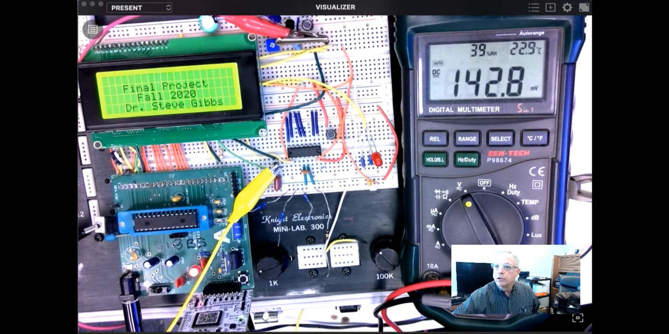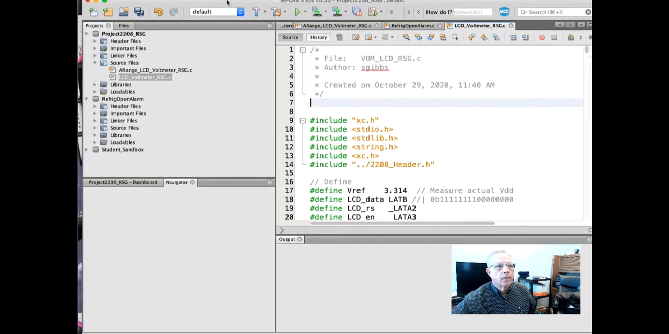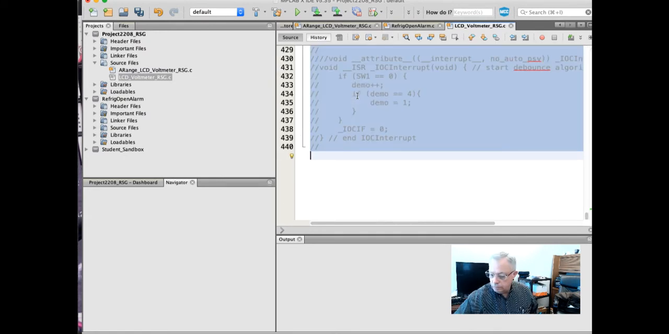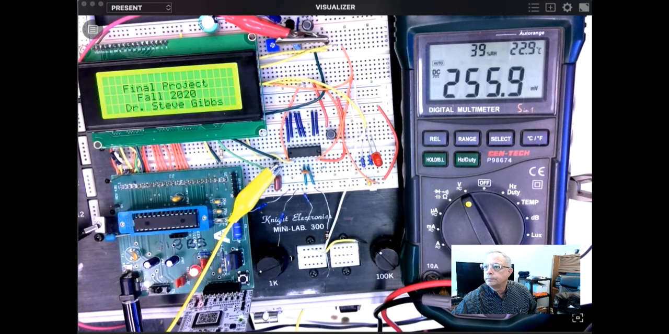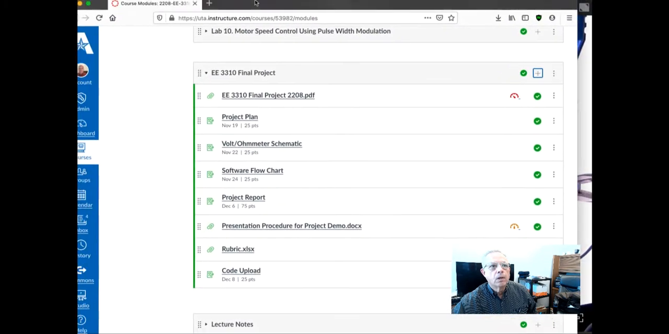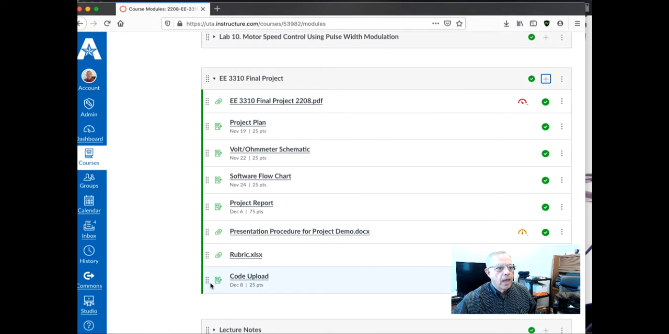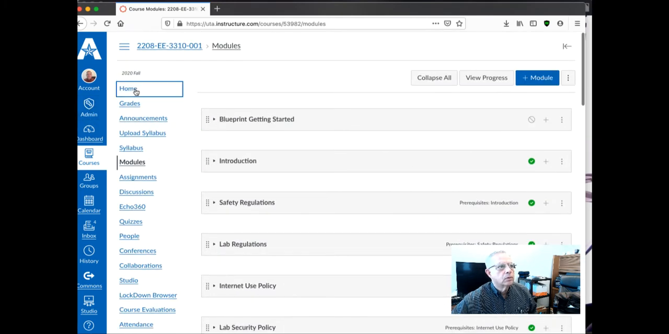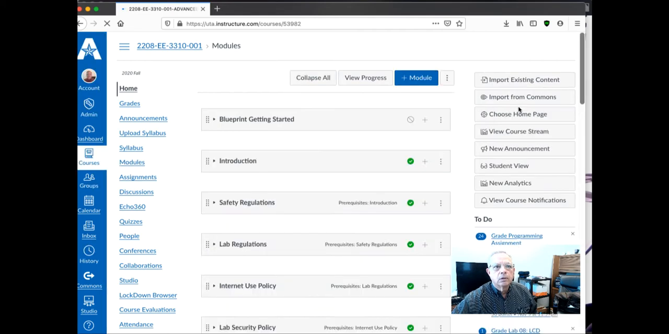First thing you're going to do is open MPLAB X. Of course, you probably already had it open. So you open it up and you're going to copy all of your code over to Canvas. So let's bring Canvas in, and this is under code upload. So you're going to do code upload, and let me momentarily switch us back to student view,